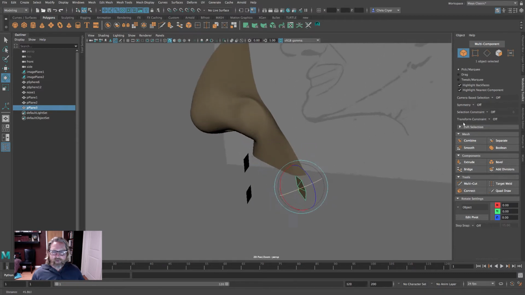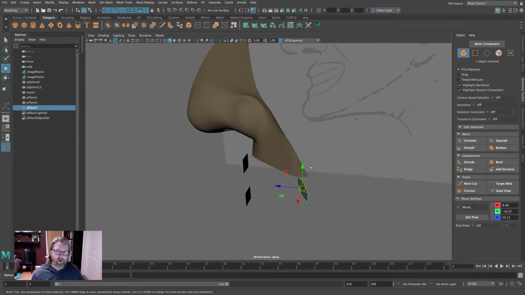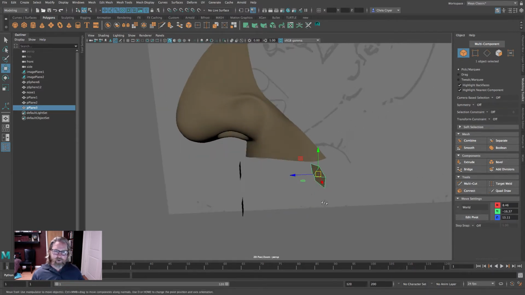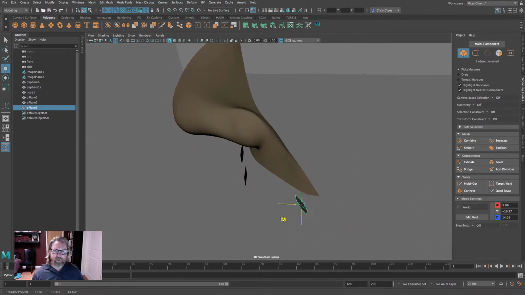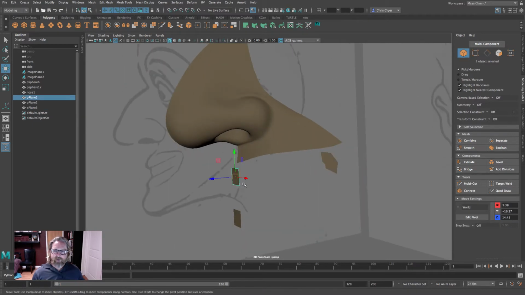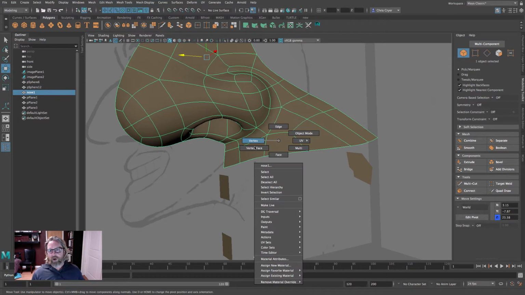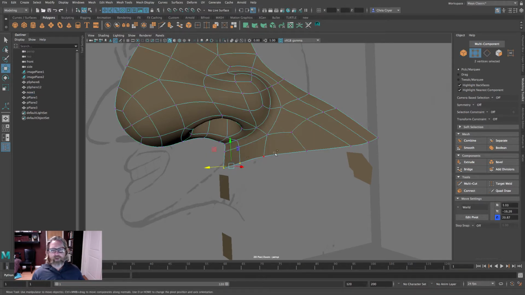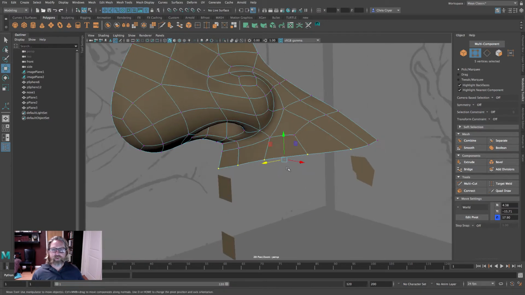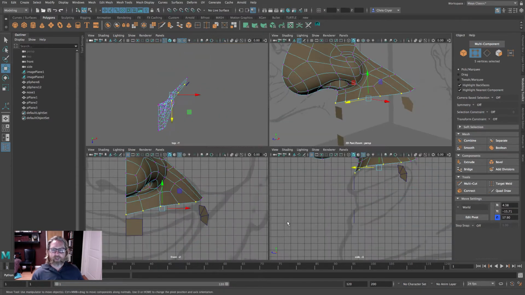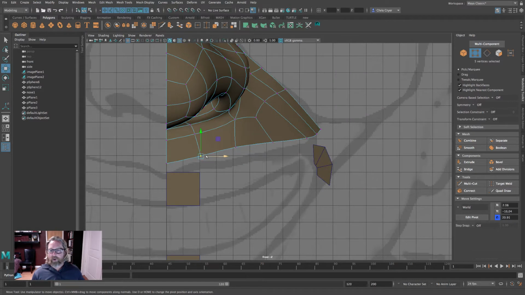And we can even come and see here, based on our edge flow, we might want to pull this forward in that particular view. And these are a little far out. Maybe pull those in, and then right, we're not going to spend a lot of time, as I mentioned in previous videos, getting the vertex placement perfect. We're more concerned with the number of edges and the direction of the edges, but we can get things closer than they were. Okay,